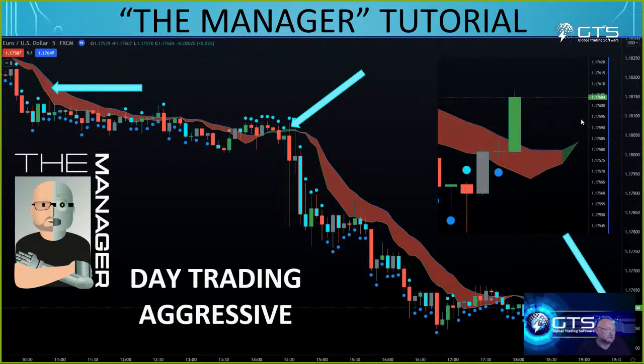Now we need to change the setting to day trading aggressive. So again, there's a few things for you to remember, not a lot, but this is a prime example of when we get a parabolic move to change the settings to aggressive to actually get more profit. And this is why it's been designed this way, with the strategy, with me teaching you this, so you can maximize your profits